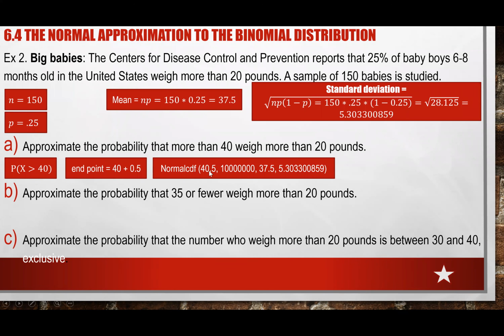So again, my endpoint is 40.5 because I move it to the right, I add 0.5. Like I said, your endpoint will always be changed by 0.5. And again, this keeps on going, so some humongous number works out fine. And once you have this, the proportion, percent of them. So again, this is the idea. And if you compare A versus B, if you compare A versus B,